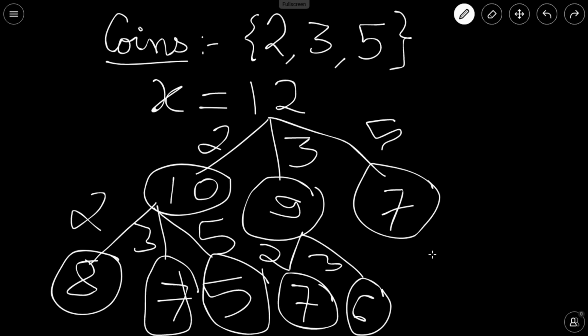Just see carefully. What was happening is you are using a coin of value 2, then a coin of value 3, to reduce our question to making the sum 7. Also you are using a coin of value 3 first, then a coin of value 2, and again your problem reduces to finding the answer for sum 7.